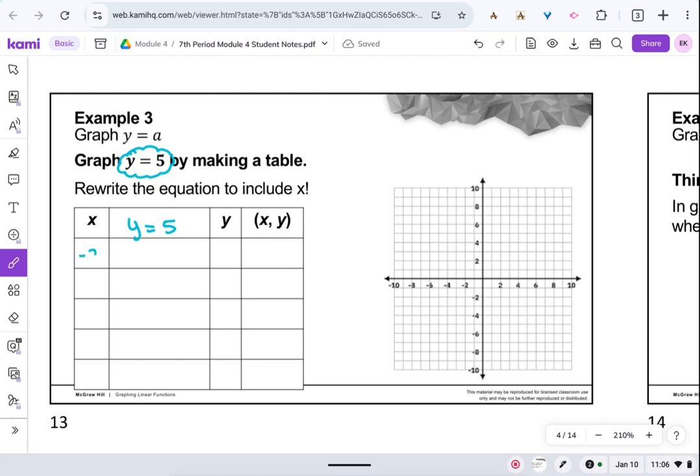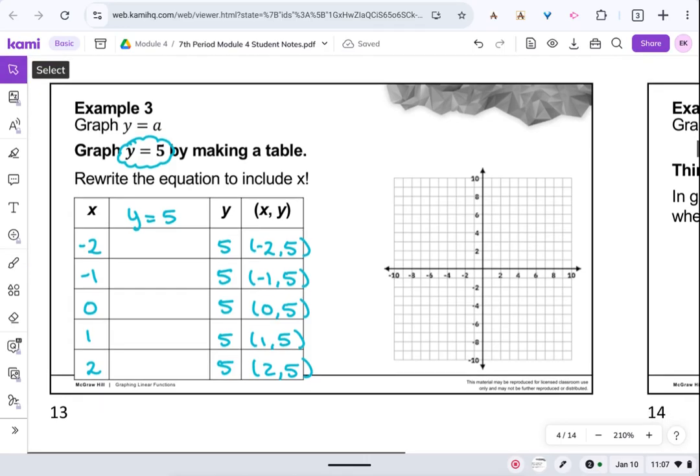So regardless of -2, -1, 0, 1, and 2, regardless of what our x number is, y is always going to be 5. So that means this column is going to be 5 no matter what our x number is. Okay? So these ordered pairs would be (-2, 5), (-1, 5), (0, 5), (1, 5), and (2, 5). So again, no matter what number we're looking at for x, our y value is always going to be 5. So if we quickly plot these, you're going to see something kind of unique that happens with each of these,